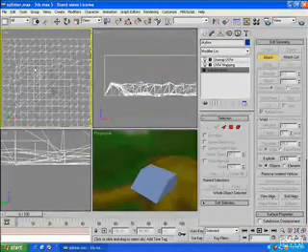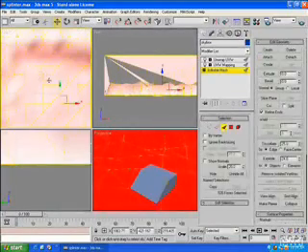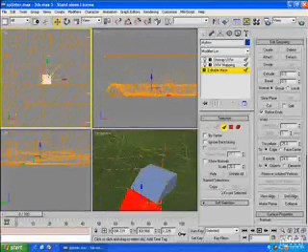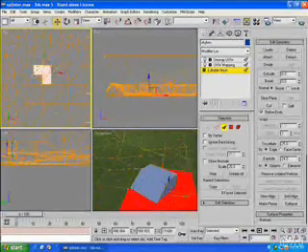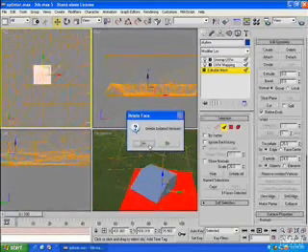Okay, now at this point we are going to delete all of the faces that surround the base. So we're going to go into face selection mode and select those faces that are underneath your base and just hit delete. We do want to delete the isolated verticals,